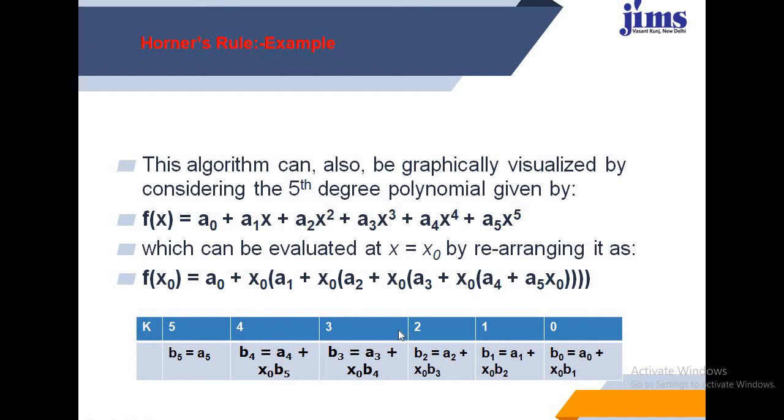So you will make a table. In the table, you will start by writing the highest degree. This is 5, you can say highest degree. It is 5, then 4, 3, 2, 1 and 0. And in the starting, you will find the coefficients corresponding to this 5 degree. So this coefficient is V5, corresponding to this 4 you will find the coefficient V4 and so on.